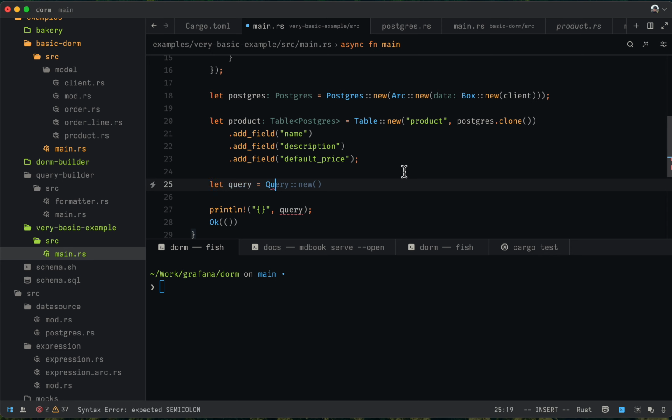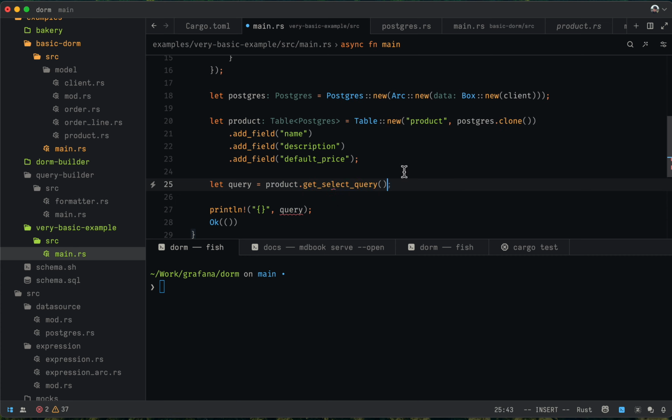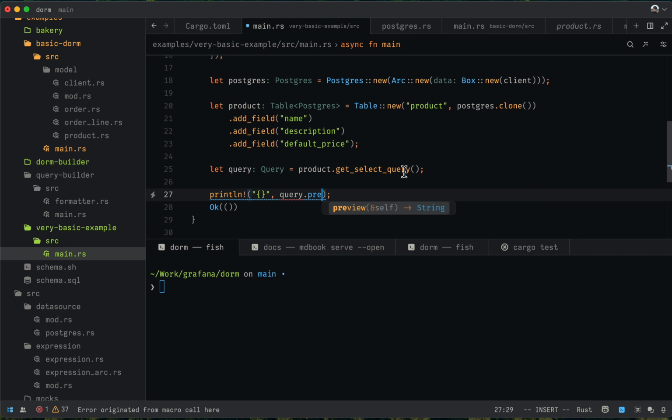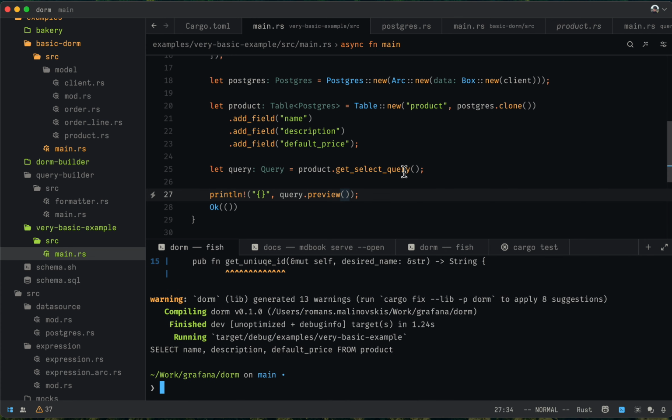I have swapped this from user into product, just because this is what I have in my Postgres database. Okay, let's get a select query, and in here, query preview. Basic DORM. Okay, compile. This is our select. Now at the moment,